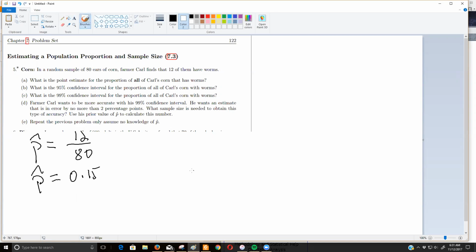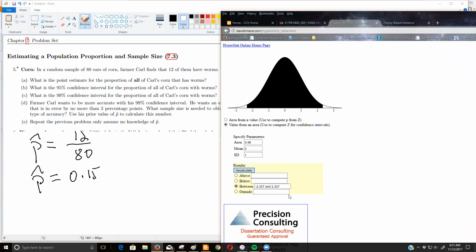Now we're going to get a better estimate because we know based on sampling distributions, if we went out and picked a different 80 ears of corn, we'd probably get a different p hat value. So we want to account for all those possible outcomes, and we want to be 95% confident for this first one. So if you go out to that Rossman Chance applet that I pointed you to,